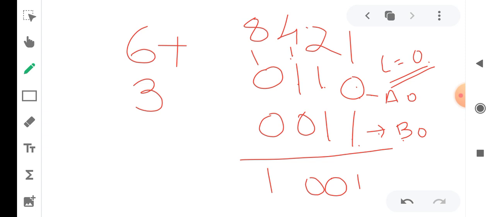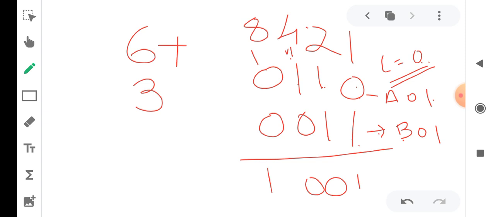So what happens? A, B, C: 0 plus 1 plus 0, that is 1. Okay, same thing you will be getting here, and next comes your 1, and next comes your 1. 1 plus 1, so A is 1, B is 1, C is 0, that is 0 plus 1 plus 1, that is 0 with carry 1.